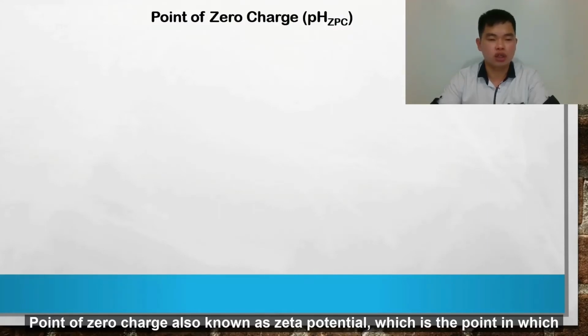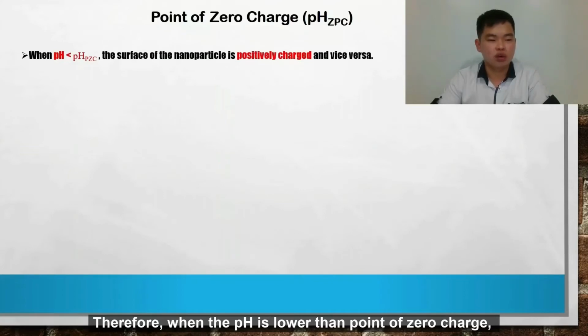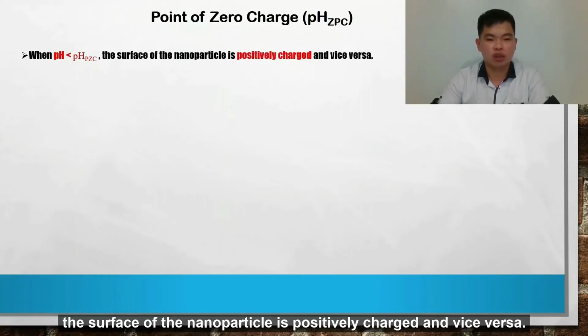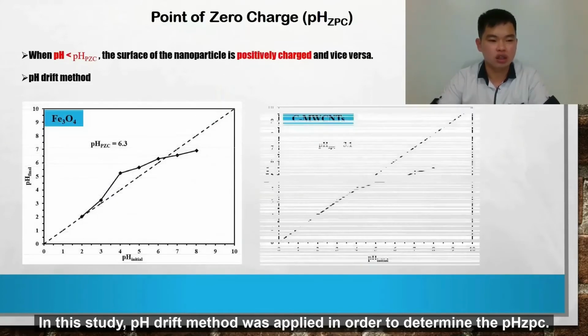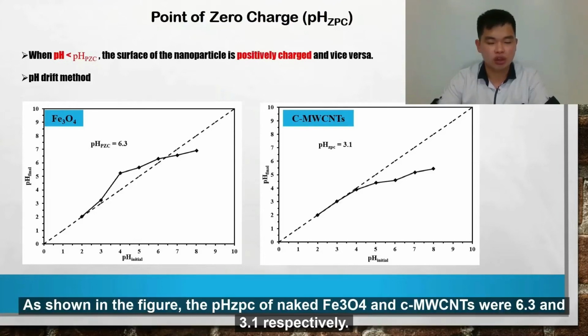Point of zero charge, also known as zero potential, is the point at which the surface charge of the nanoparticle equals 0. Therefore, when pH is lower than the point of zero charge, the surface of the nanoparticle is positively charged, and vice versa. In this study, the pH drift method was applied in order to determine the point of zero charge. As shown in the figure, the points of zero charge of naked iron oxide and carboxyl multi-wall carbon nanotube were